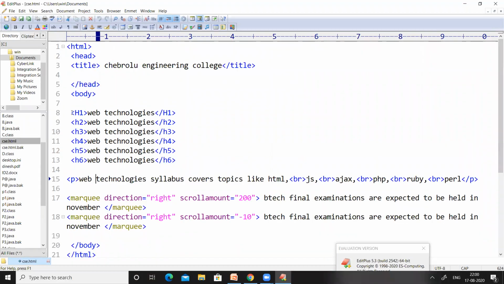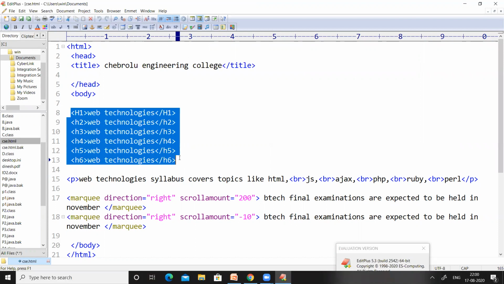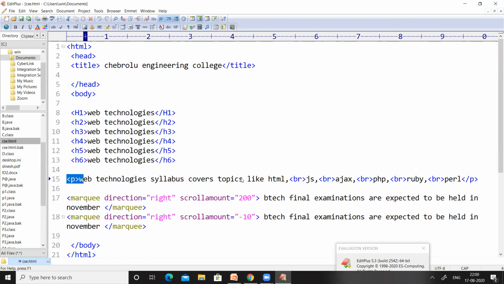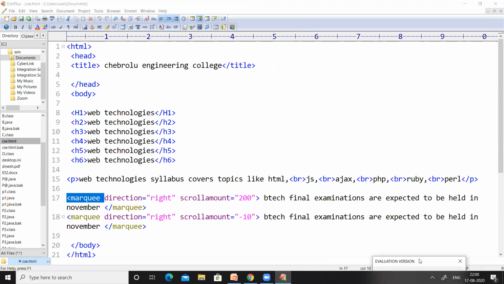That is, we have used these H1 to H6 headings in order to display headings with different font sizes. And then we have used a paragraph tag. And in between the paragraph tag, we have used the break tags in order to display the text which is after the break tag in a new line. And then we have used this marquee tag in order to scroll the text on the output screen. So these are the things that we covered in the last class.